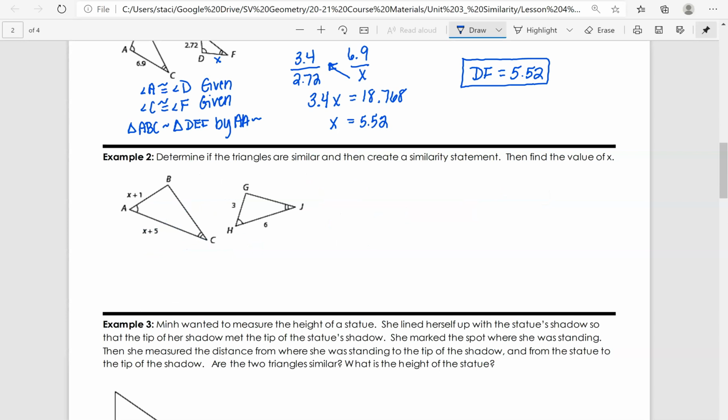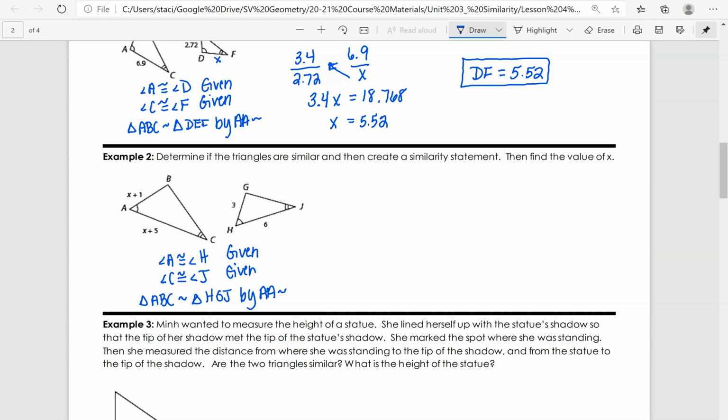All right, in example 2, it says determine if the triangles are similar and then create a similarity statement and then find the value of x. And so when I look at these triangles, they're very similar to that last one, and I notice that angle A is congruent to angle H because that was given. And I can see that angle C is congruent to angle J, and that was also given by the congruent angle markings. And so that's enough evidence to say that triangle ABC is similar to triangle HGJ by the angle-angle